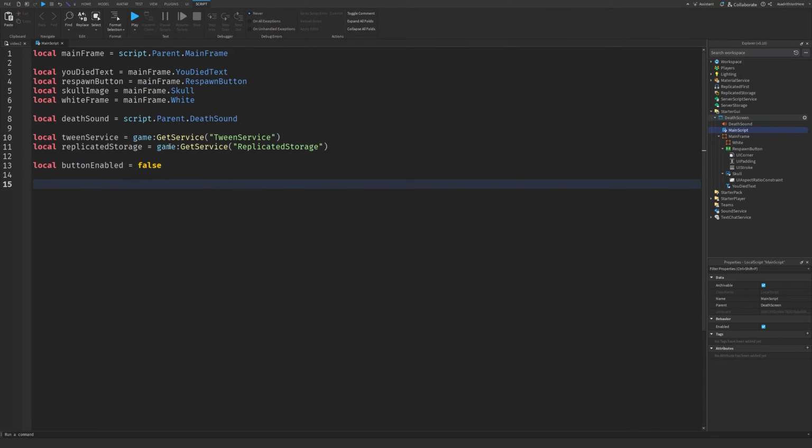So we'll do local function on player died. So we're going to create this function for when the player dies. This function will run when the player dies, basically. So we just want to add our basic parameters for what we want to change. So starting off, we want to play the death sound, so we'll do death sound:play, create 2 new lines. Then we'll set our mainframe to its default, so we'll do mainframe.visible equals true,